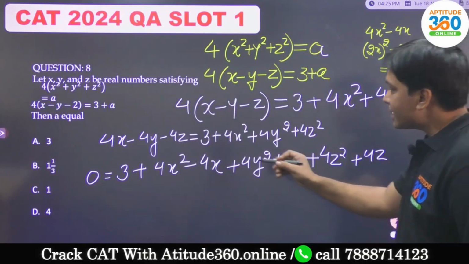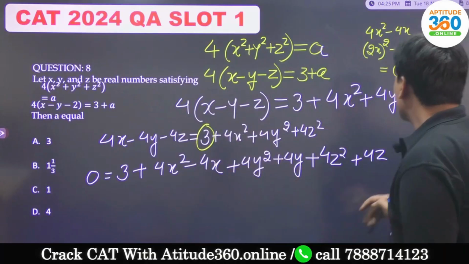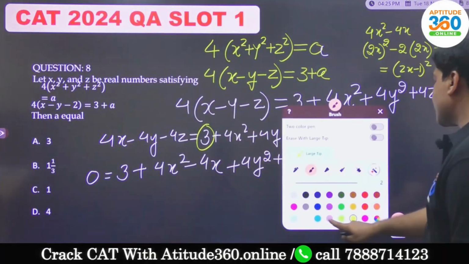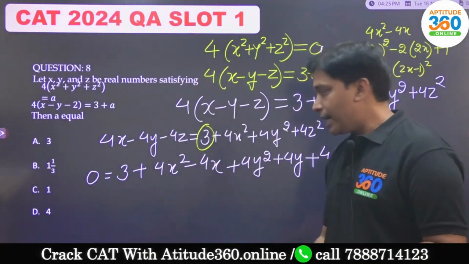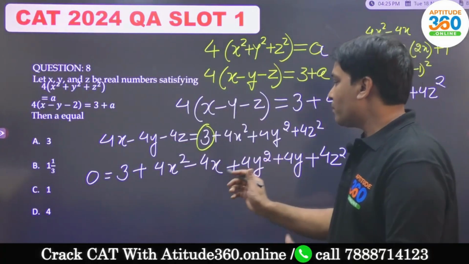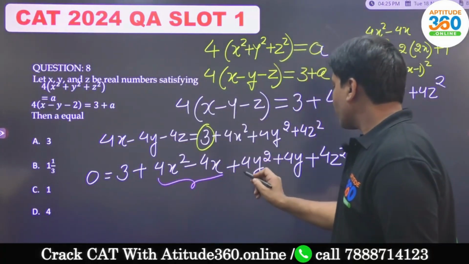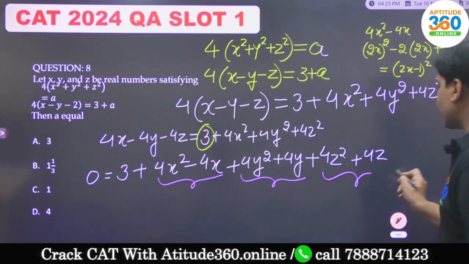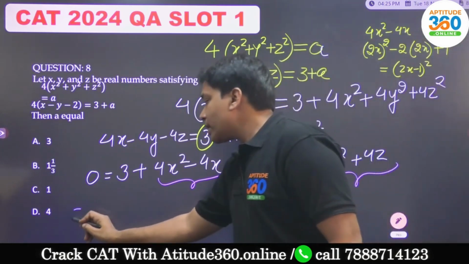And if you look at it, 3 is here. So what we can do, we can simplify 3 in such a way that 3 gets distributed over here and then over here and then over here. So 0 equals